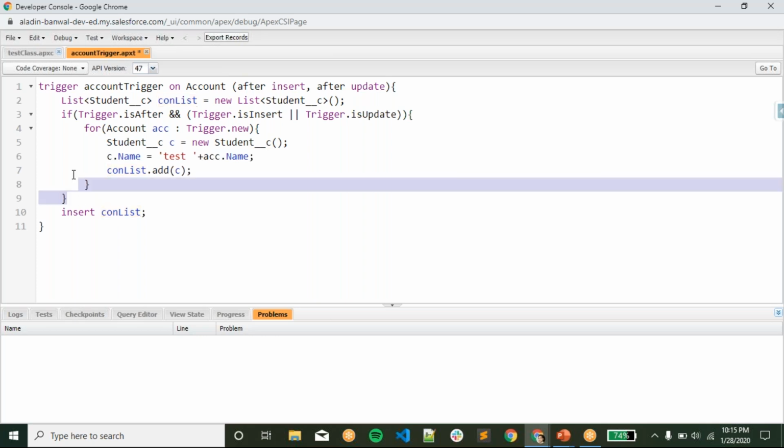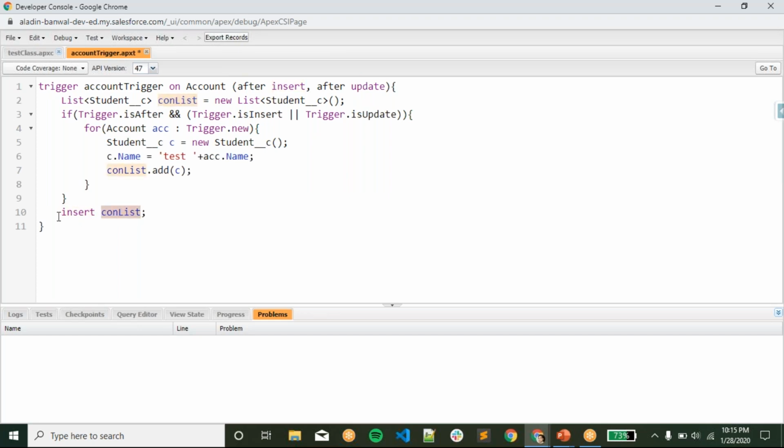And then after completing this for loop, when all the students have been added inside this list, it will insert this list at a single time. So only one DML statement will be fired in this case. So this is bulkification. So we have to handle all the bulkification inside our loop.